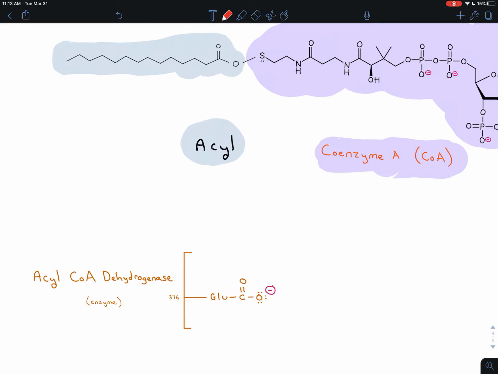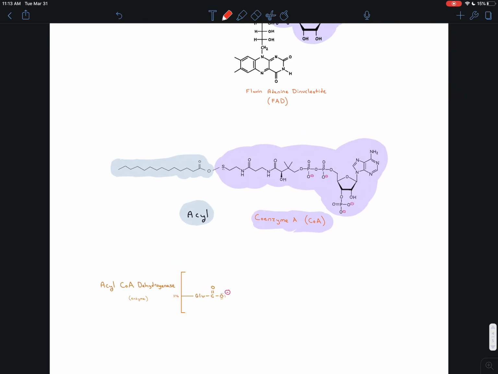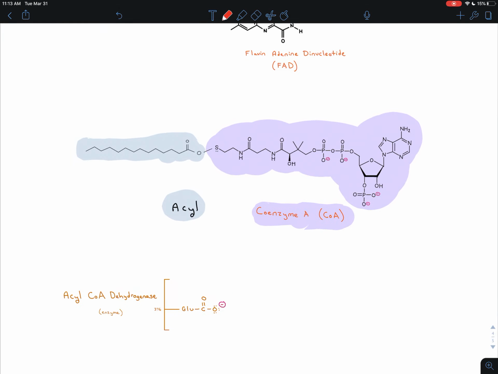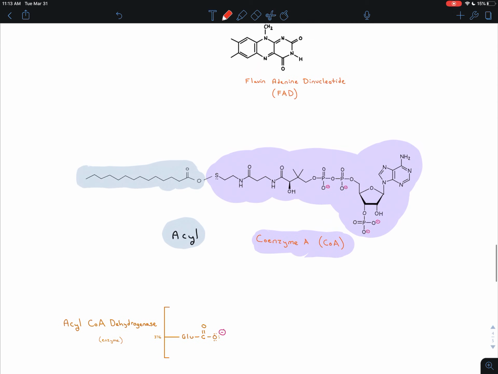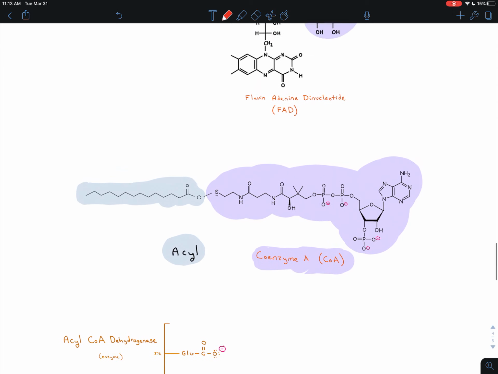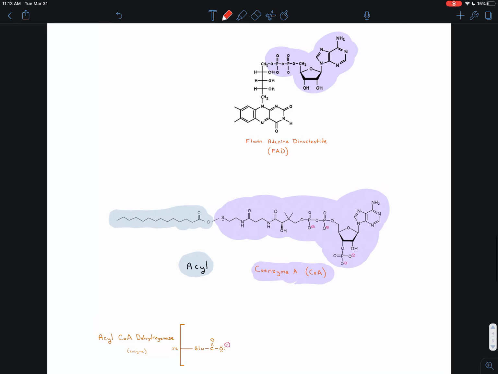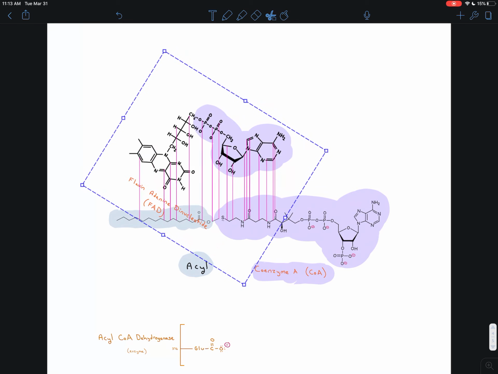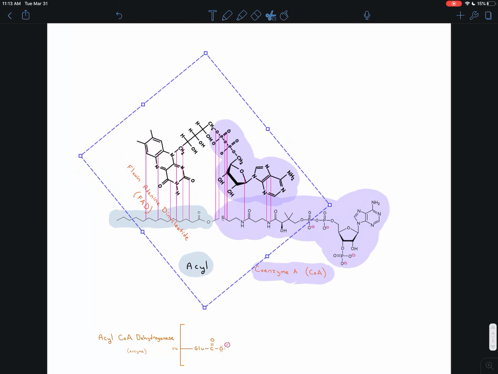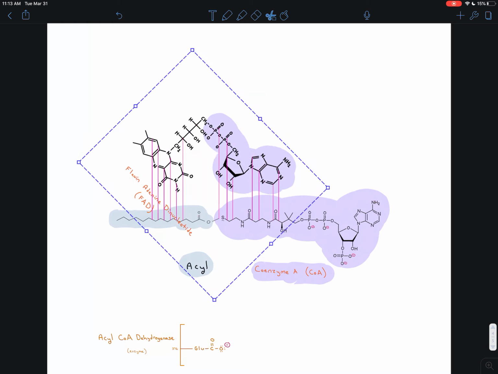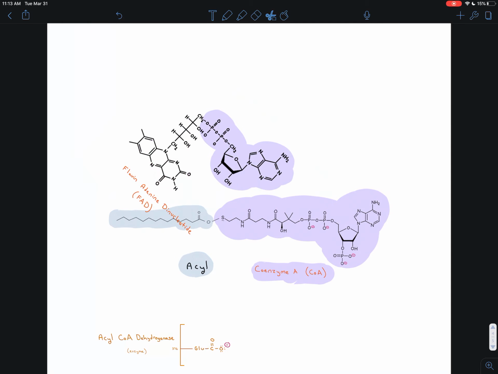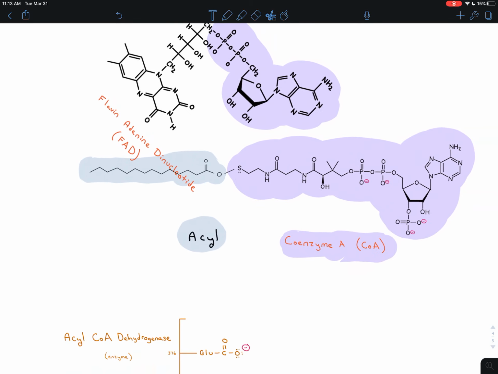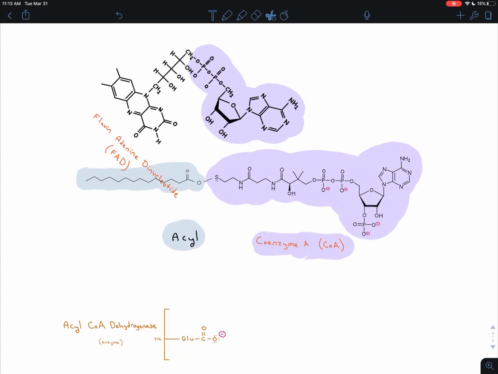Okay. So the first thing that happens is this acyl-CoA gets positioned into the enzyme pocket. And one of the things that helps it to do that are hydrogen bonds. So one of the crucial hydrogen bonds is a hydrogen bond, and it's going to be a little awkward here to get the right angle, but I'm going to do this. Now in this two-dimensional diagram, these look a little far away, but actually